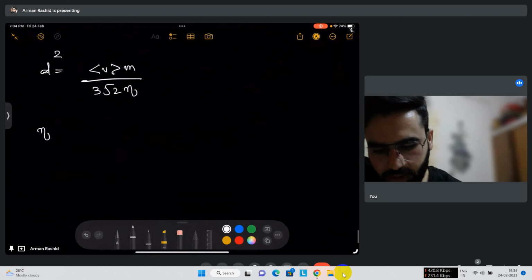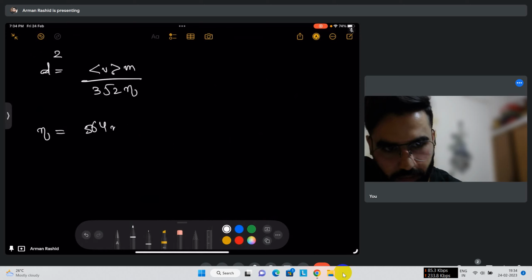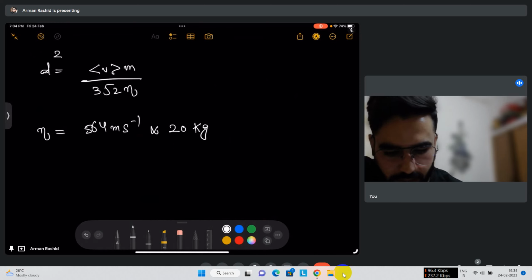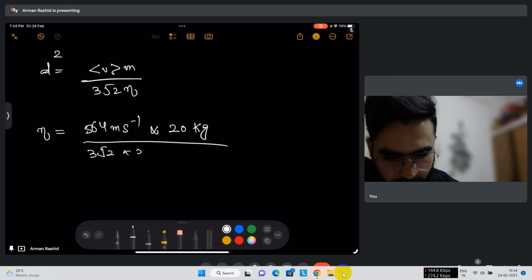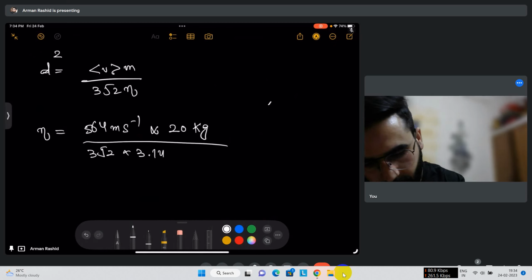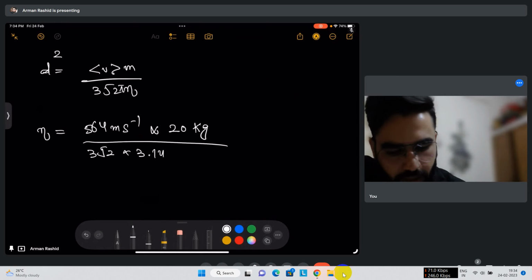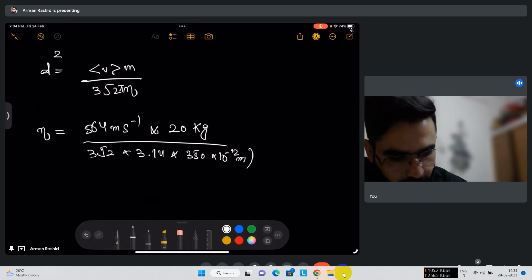So eta will be equivalent to v, which we have determined as 564 meter per second, multiplied by m, which is 20 grams, that is 20 into 10 to the power minus 3 kg, divided by 3 under root 2 multiplied by 3.14, this is pi, multiplied by 350 into 10 to the power minus 12 meter square, that means d square,